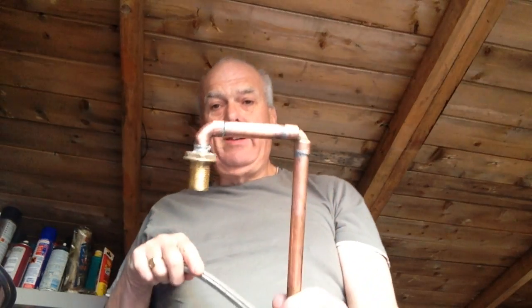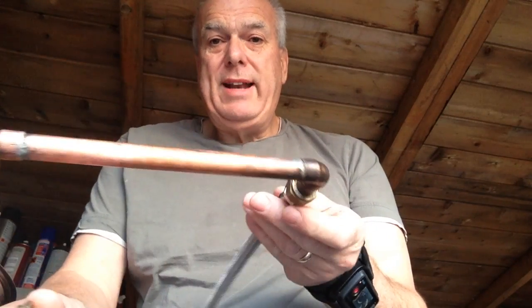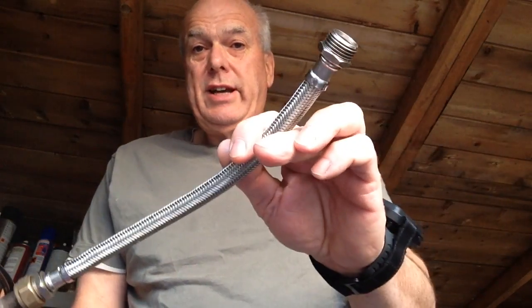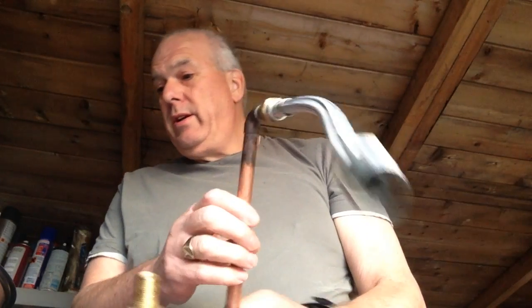Next, what you need to do is do a bit of soldering. And what you need to do is knock up something like this. And all it is, I think that goes into a cistern. But you get the gist. And just solder it into there. Do a couple of bends, not a big deal, and then get one of these attachments, and then what you do, you thread